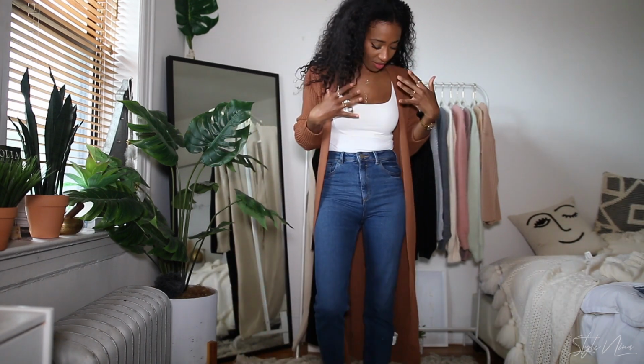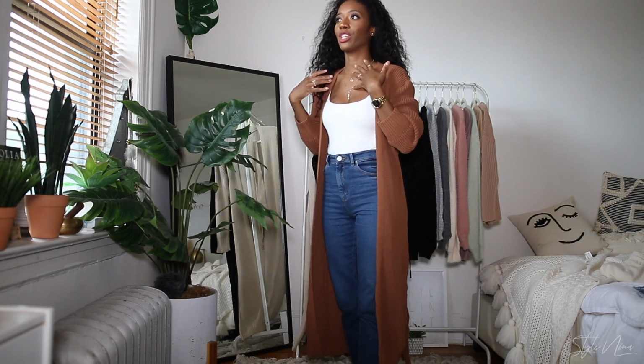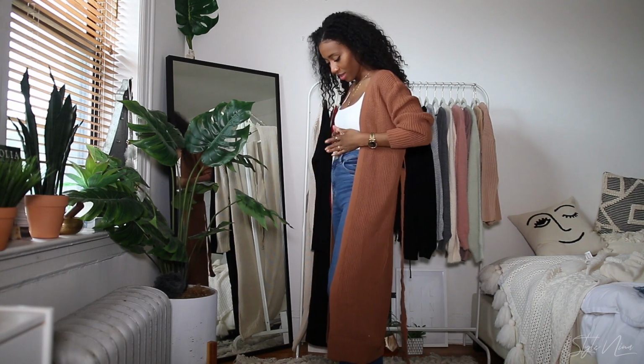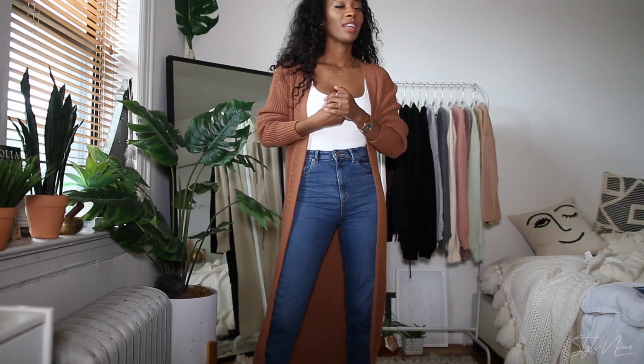And just the feel of it, like I feel so comfortable. That's my biggest thing with fashion and clothes, is comfort. I want things that feel good against my skin, things that feel effortless but actually look stylish and chic and just classic. So these little undergarments mean so much, like these small tops and stuff, they go such a long